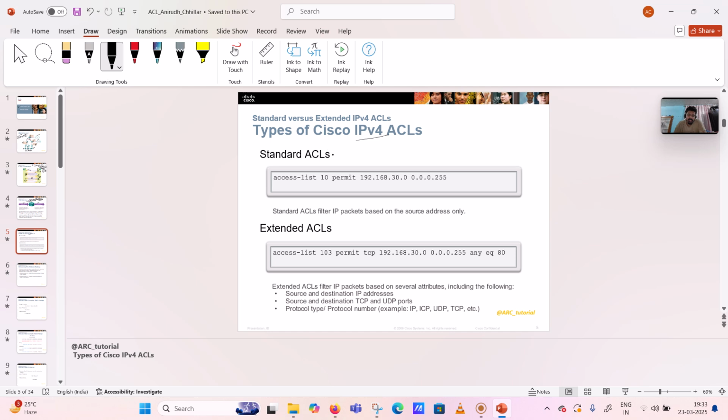Let's talk about what types of ACLs there are. ACLs are of two types: standard ACL and extended ACL. So what is standard, what is extended? A standard ACL is something you use nearby the source only. Why the source? Okay, let's say